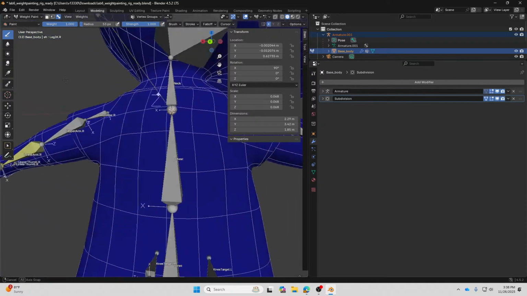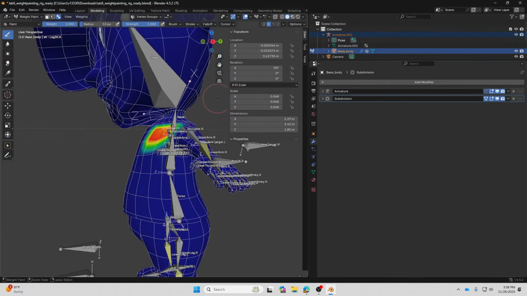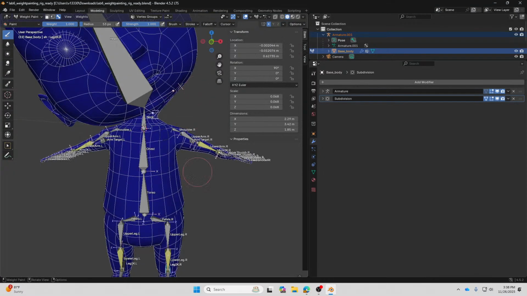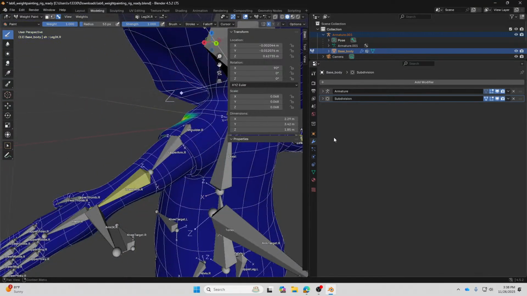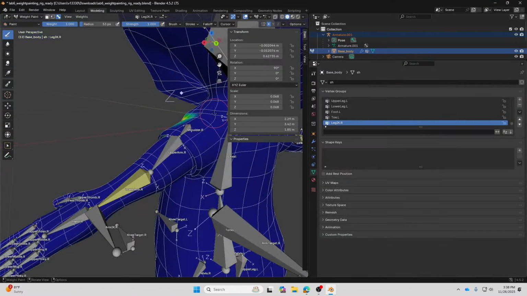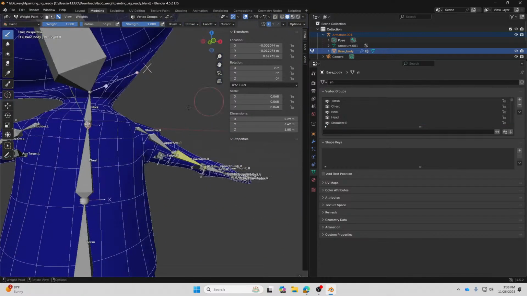The mirror, mirror vertex group, topology mirror. Yes, because I selected the wrong one.